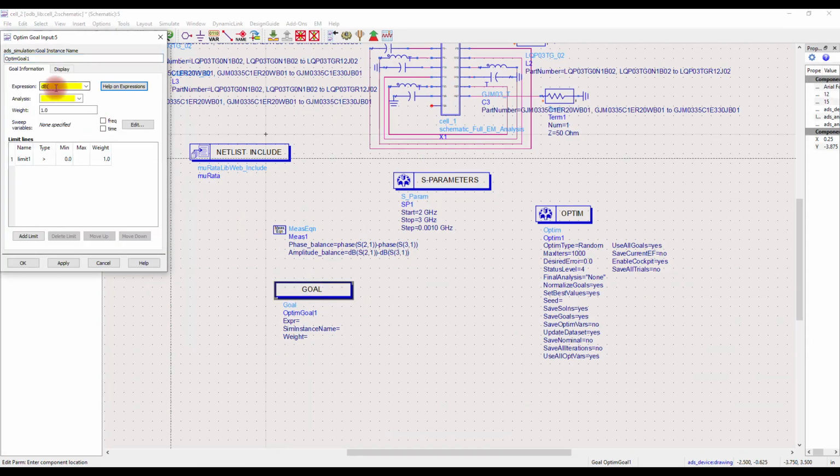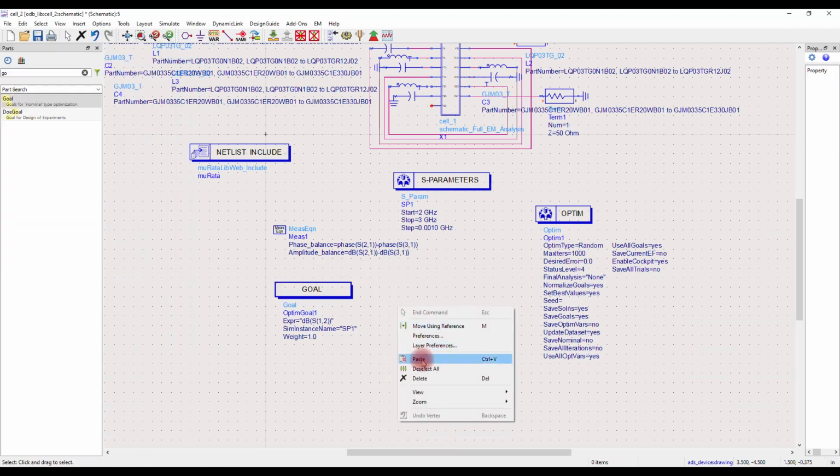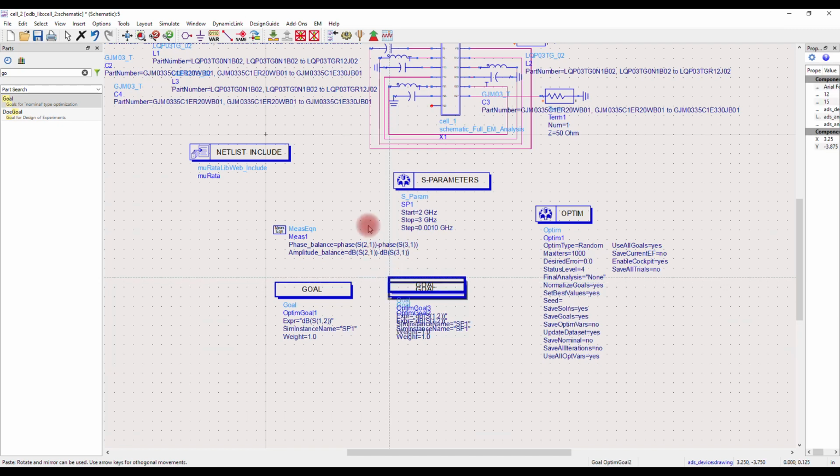After that, edit the first goal to optimize for the amplitude of S12. The ideal amplitude is minus 3 dB over the 2.4 GHz to 2.5 GHz frequency range. Next, copy and paste the goal and change the expression to S13.